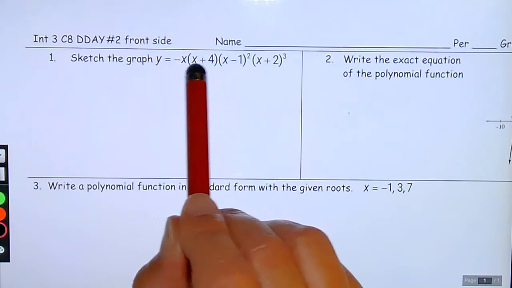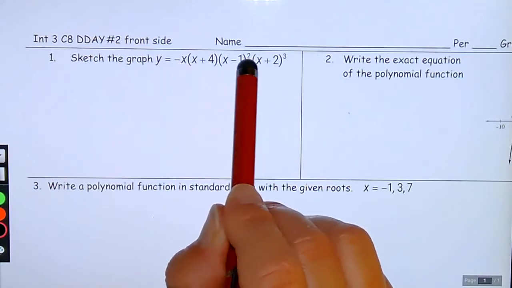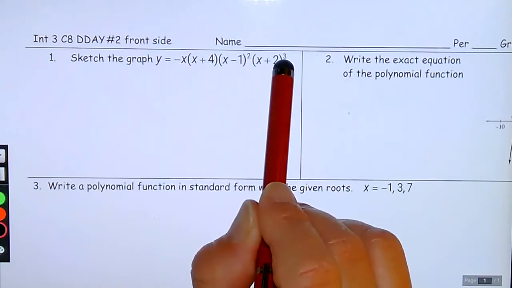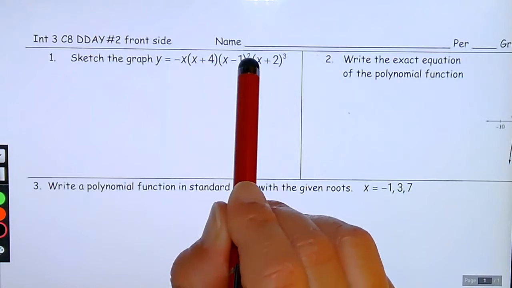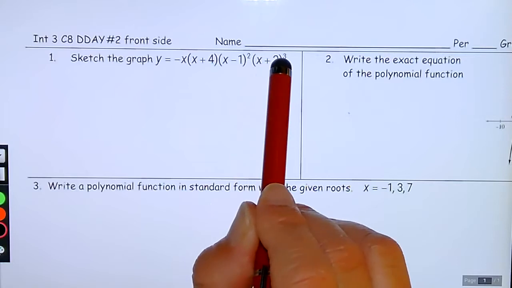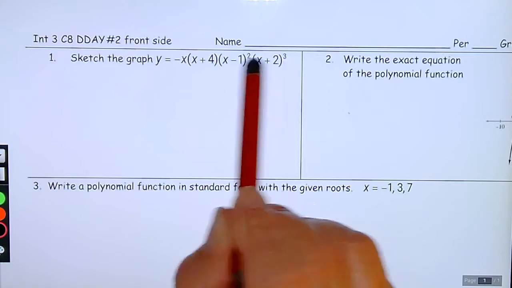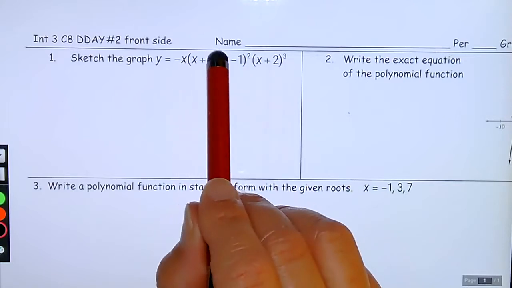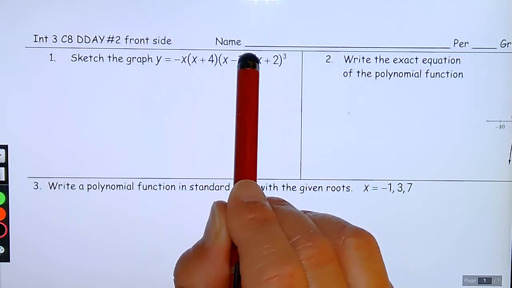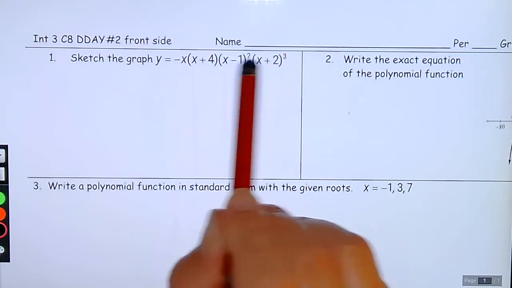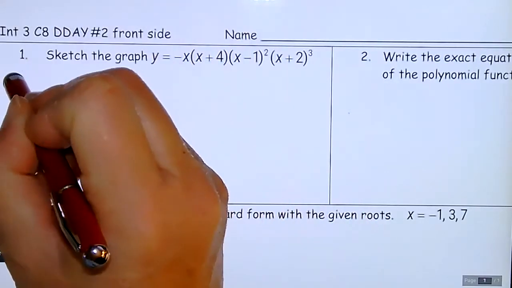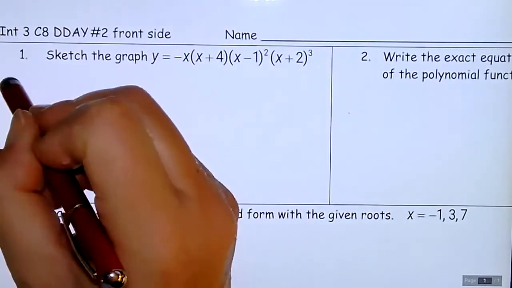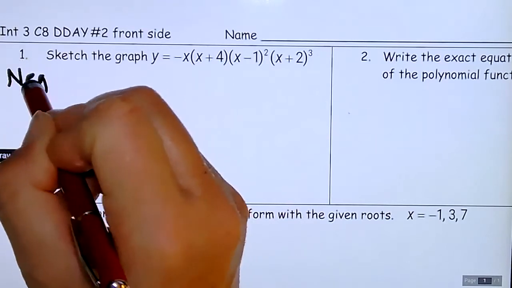We have 1, 1, 2, 3. So if I add 1 and 1, that's 2, plus another 2 is 4, plus 3 is 7. So again, 1, 2, 3, 4, 5, 6, 7. So this is a negative degree 7. So a negative degree 7